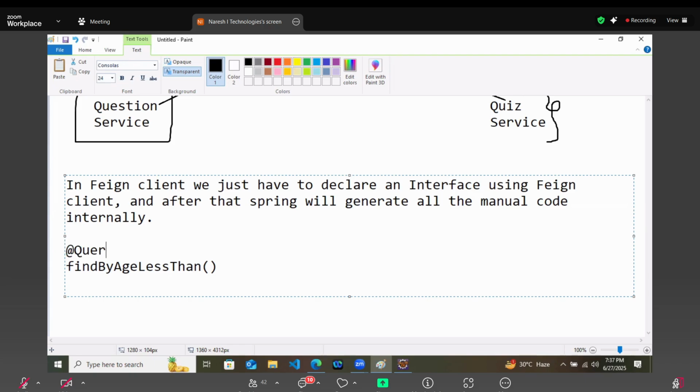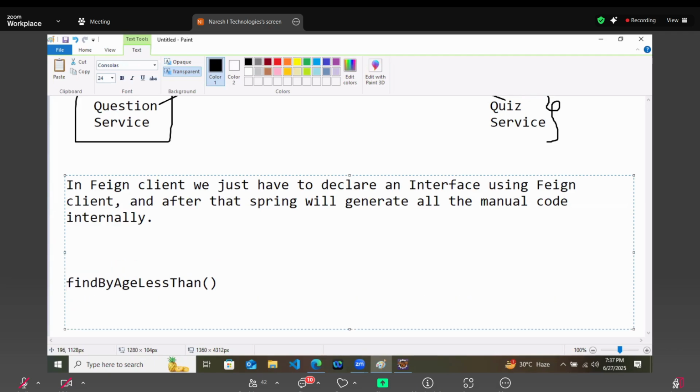No need to write a query when you are using such words. So Spring was writing the query for it. How was Spring writing the query? Something like this: select asterisk from student where age less than 20. So this query is written by Spring. The same is done with Feign client.